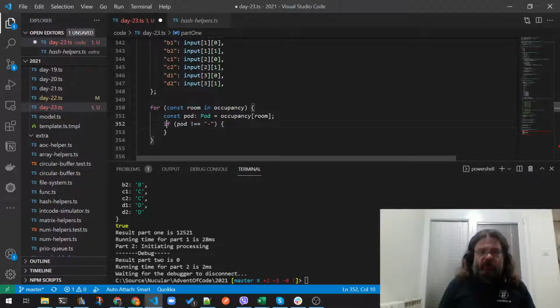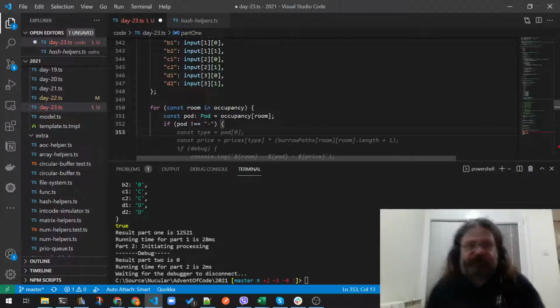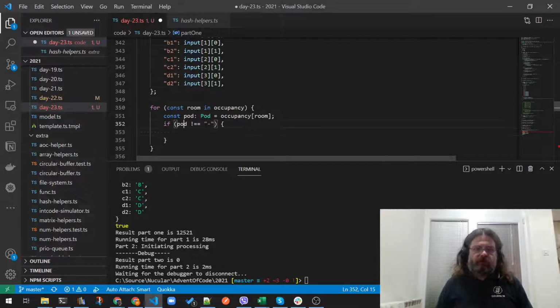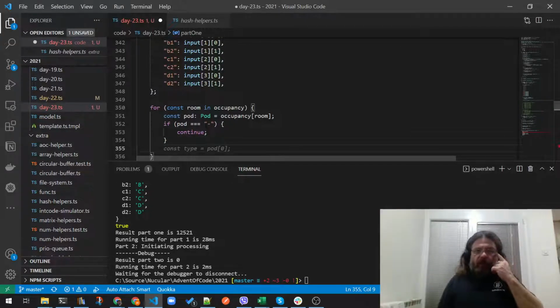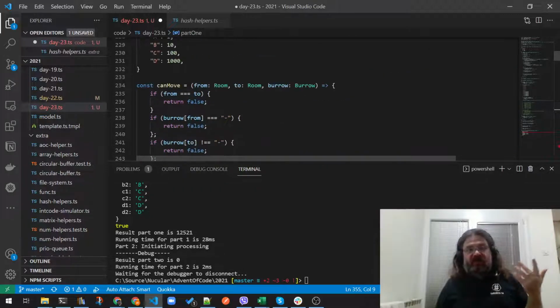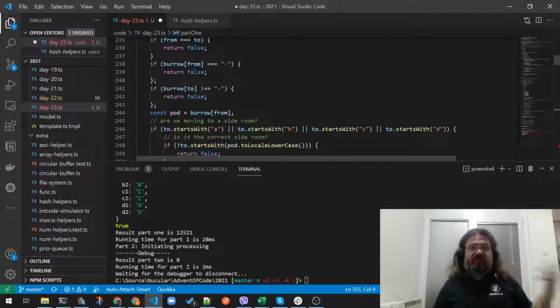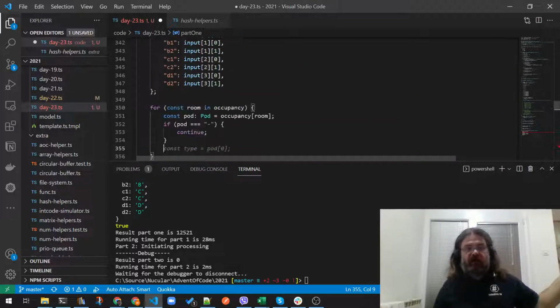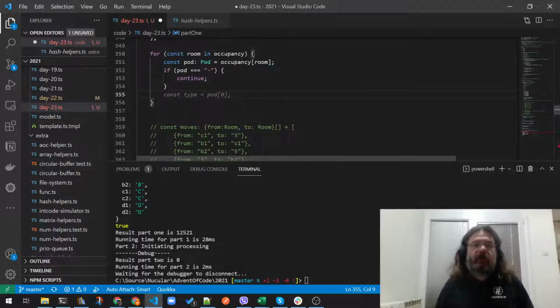If the pod is empty, just continue. We cannot move an empty space. Technically we can also call can move, but meh. Let's optimize it at least that much. So if we get the pod,